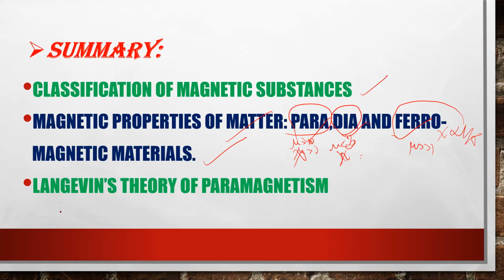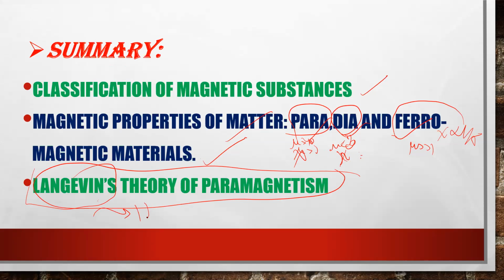Now in the next class, let us see Langevin's theory of paramagnetism. It's exclusively for paramagnetic material. What did Langevin suggest, and how do we obtain the magnetization intensity I because of the applied magnetic field H? We'll calculate and observe for different cases, and we'll calculate the susceptibility, because you know that susceptibility is equal to I by H. From this we can obtain the susceptibility for a particular paramagnetic material using Langevin's theory. He has given a theory on that.